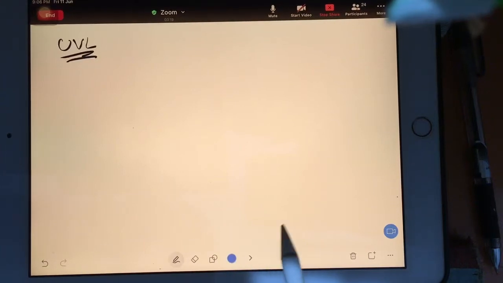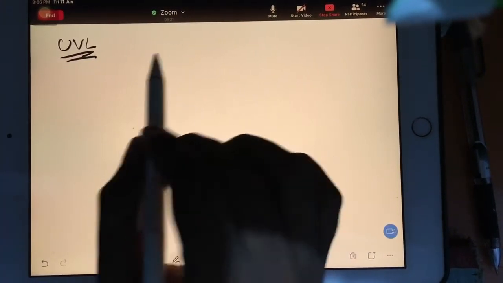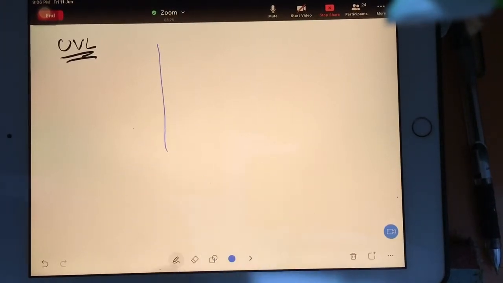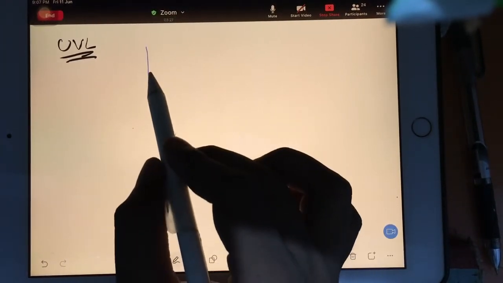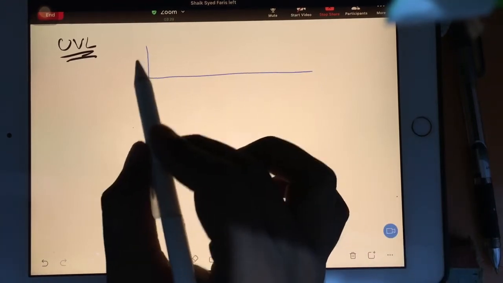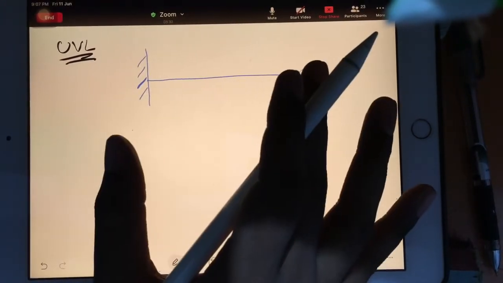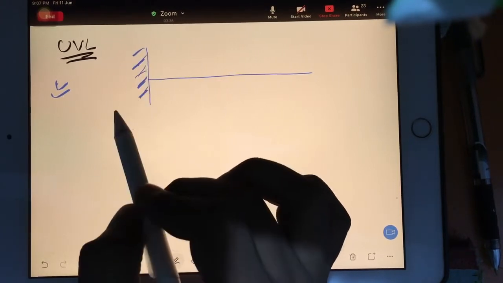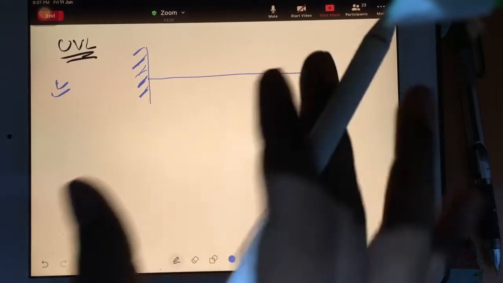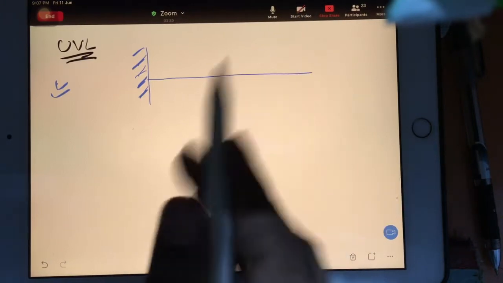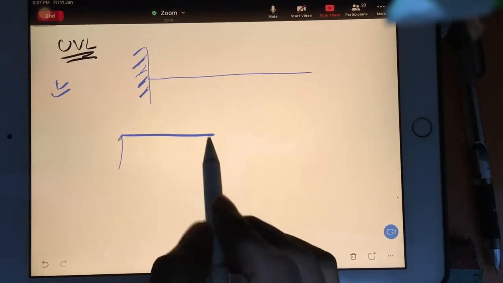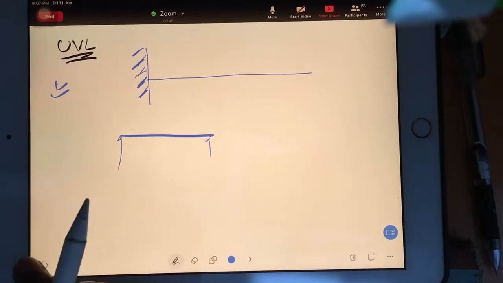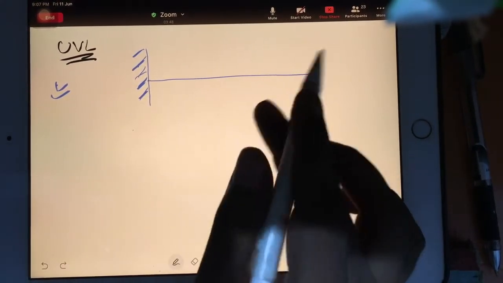So to start our UVL, first we will understand what kind of shape we have to discuss. Guys, in the beginning itself I am telling you, right now everything we are learning is for cantilever. After that, all the examples we will learn for simply supported, then overhanging, then fixed beam. Like one by one we will come to different beams. Understanding this topic is very, very important.